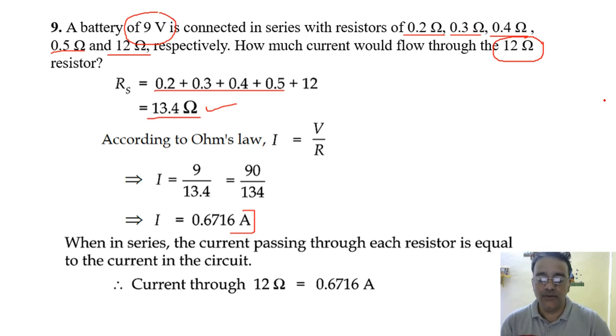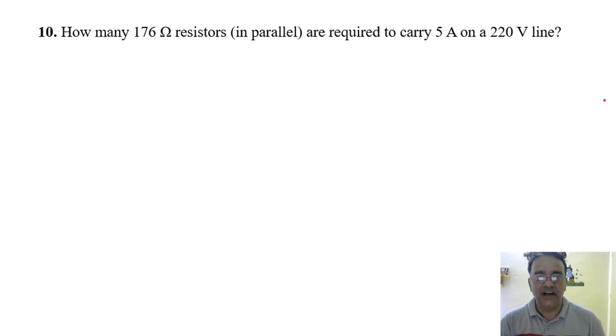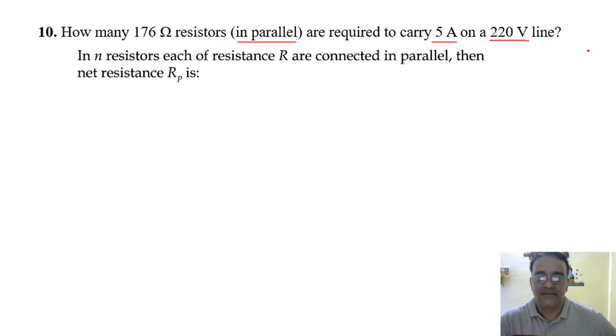Okay, so now we are moving towards the 10th question. How many 176 ohm resistors in parallel are required to carry 5 ampere on a 220 volt line? So suppose we take n resistances. Suppose n resistances, each of resistance R, are connected in parallel, and the total equivalent resistance is